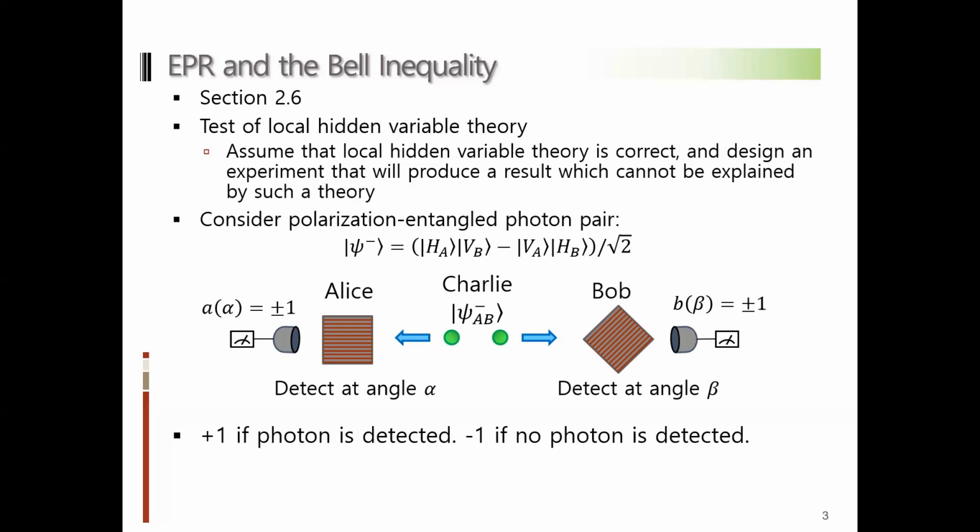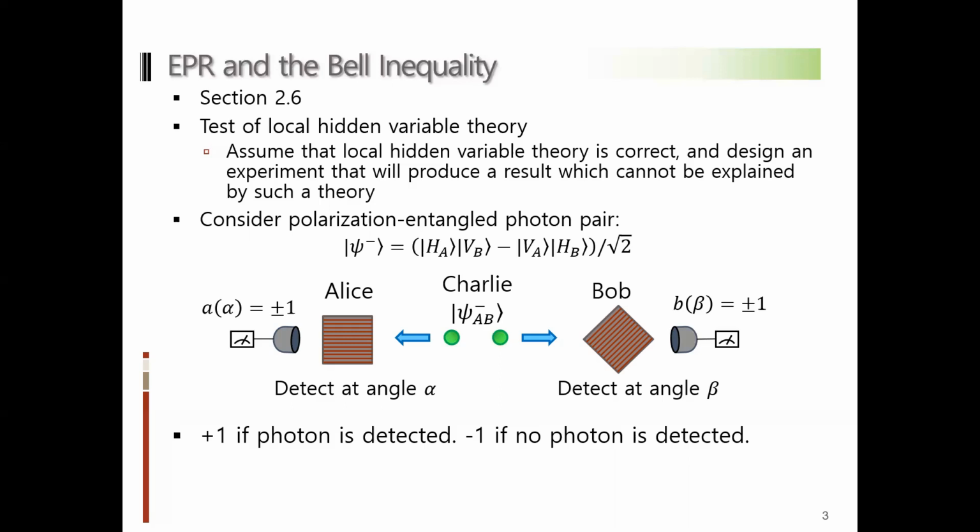So how can we determine which theory is correct? Yes, that is what John Stewart Bell wanted to figure out, and he proposed a very interesting experiment. He basically assumed that